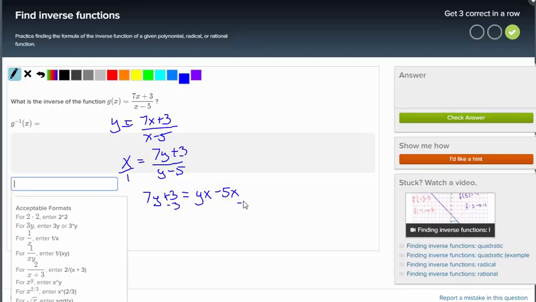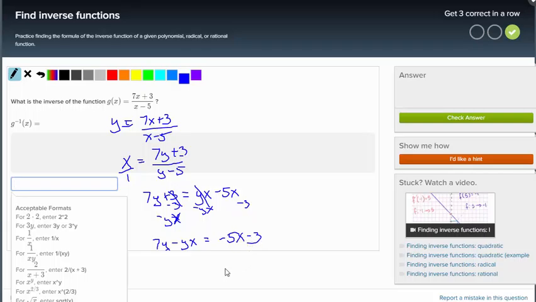So minus 3, that goes away, and then minus yx, that goes away. So I get 7y minus yx. These are not like terms because this has an x in it and this doesn't, so I just have to leave it for now. 7y minus yx equals negative 5x